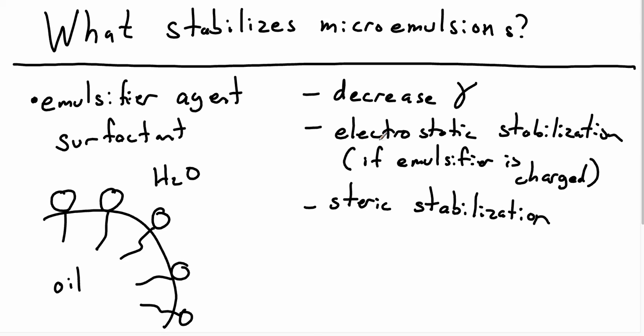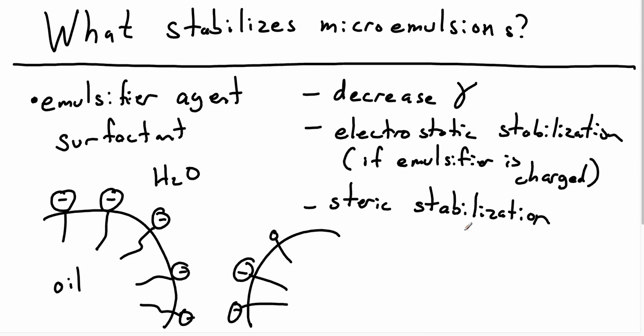Second, if we have a charged surfactant, so imagine that we had SDS or some other anionic, or indeed we could do this with a cationic surfactant, that means that if I have a second microemulsion particle over here, we can see what's going to happen. We're going to get electrostatic repulsion, and that's going to keep these droplets from getting near each other. And finally, we can imagine using a polymeric emulsifying agent, and then we could have steric stabilization, as we saw when we did the stability